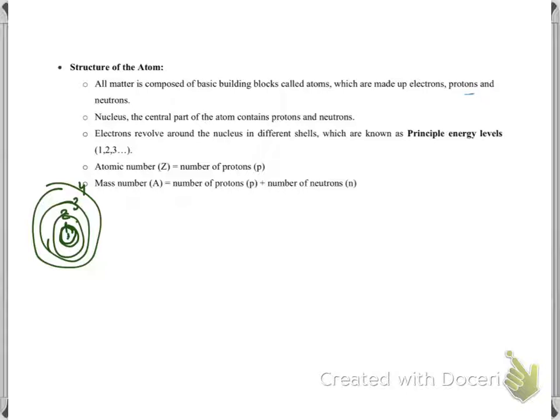So let's talk again about the energy levels. These principal energy levels are also known as energy shells, or I can just use the word shells. So shells: first shell, second shell, third shell, fourth shell, and so on. These shells are further subdivided into subshells. So the first shell is further subdivided into one subshell,